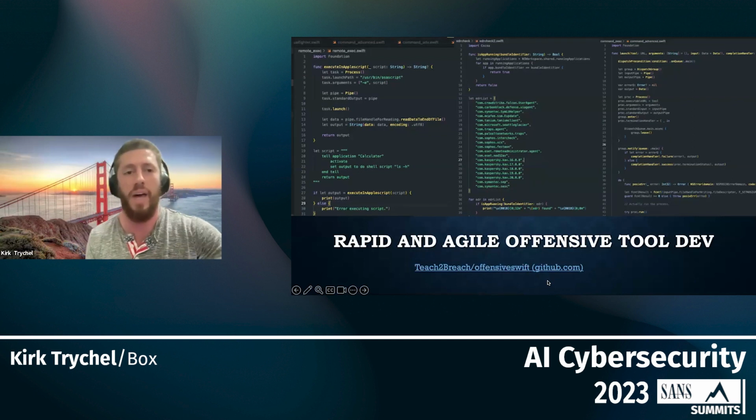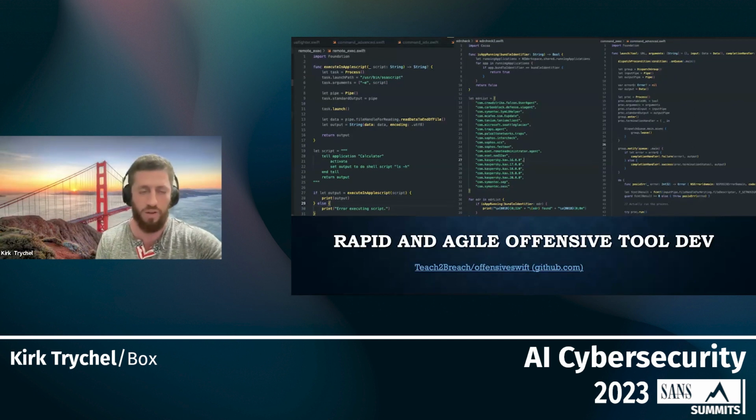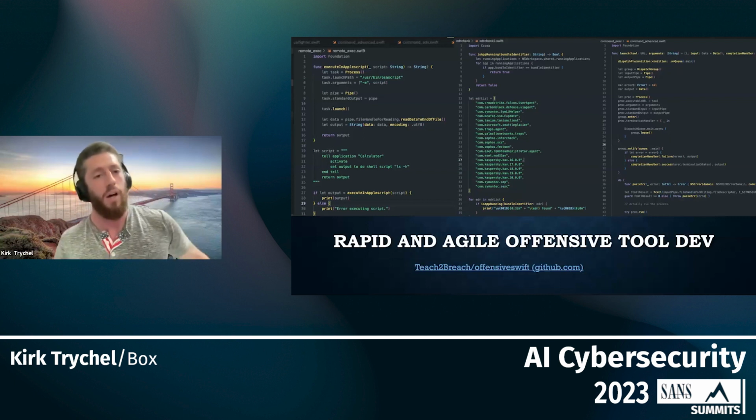The point is, though, that I didn't know Swift before I started this process. I hadn't hardly tried to attack Mac before. But with leveraging ChatGPT, in a few hours, I was able to put together half a dozen or more tools to accomplish specific tasks for my enumeration, recon, and even some process injections and code execution tasks, simply leveraging AI.